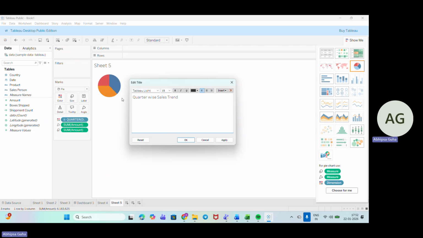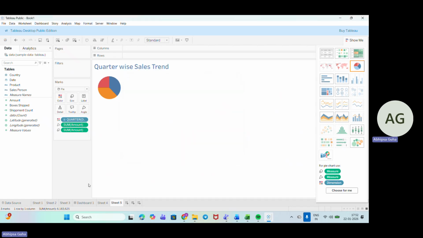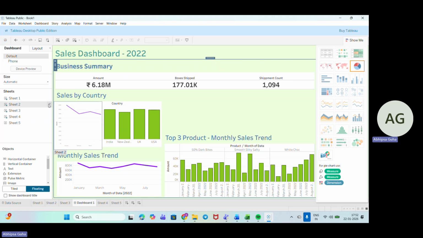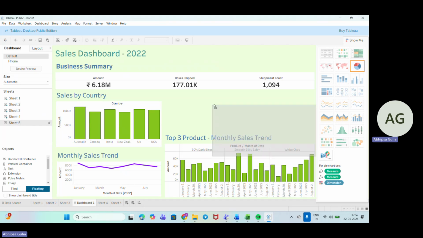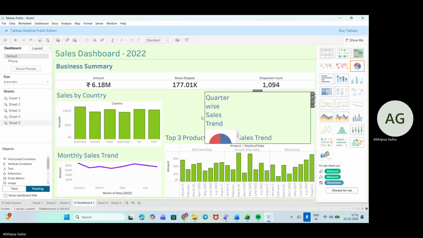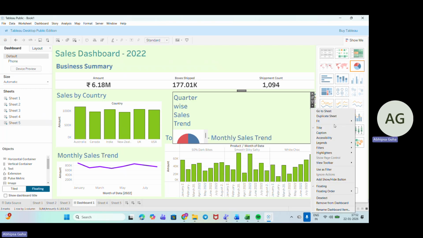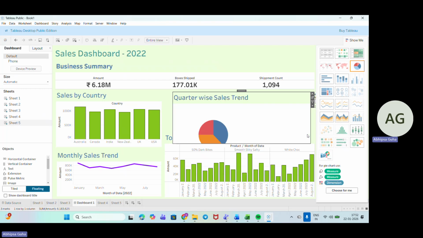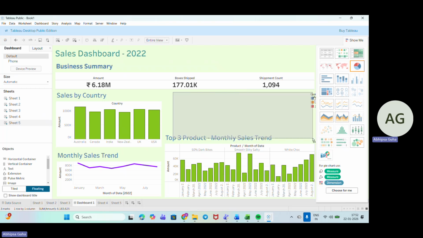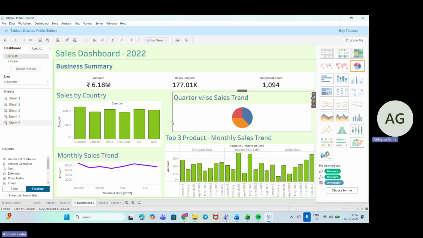I'll be checking with the value and I'll add the value like this. Okay, and here I'll add it. I'll go here, go down to fit, I'll go down to entire view. So this is the fit we have got.